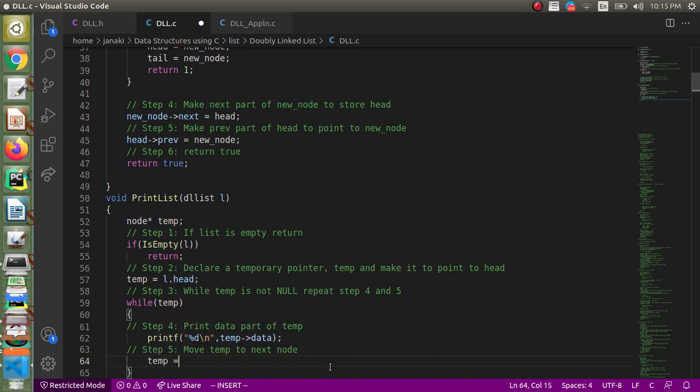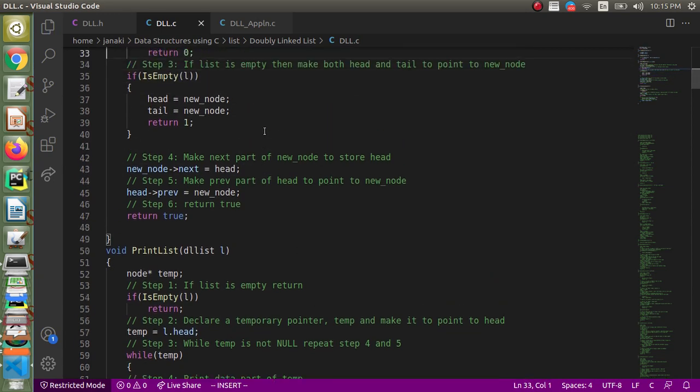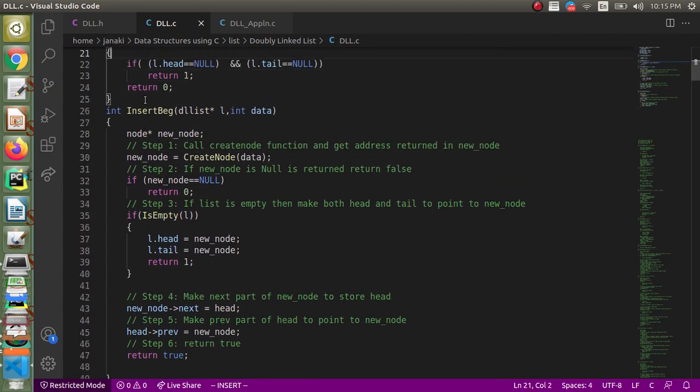So we have to say temp equal to temp next. Fine. And one mistake which I identified is here I have not given L dot head. I should give L dot head equal to new node, L dot tail equal to new node. I hope other things are looking fine.